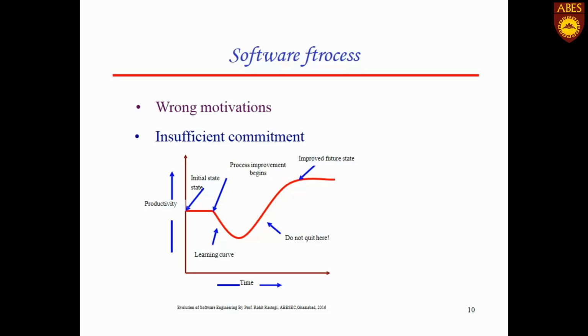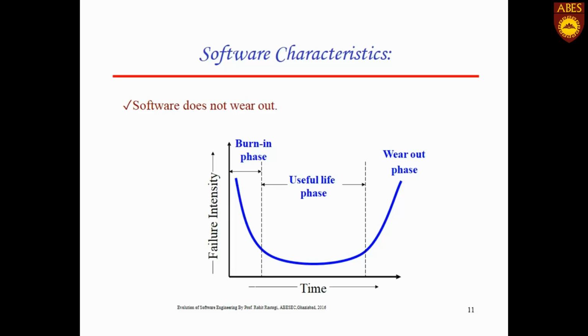So, in this section we can see that the productivity is gradually increasing and up to a certain level it is in a constant situation. In the useful life phase, when we apply the coding and testing portion of software development, the failure intensity is at the lowest level. And if testing is not done properly and debugging is not done properly, the test data, test cases are wrong,